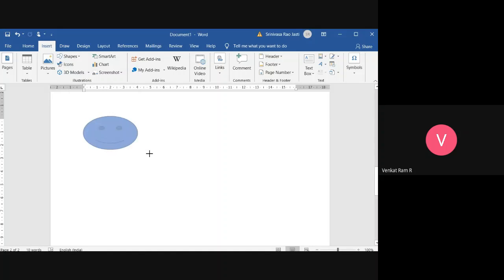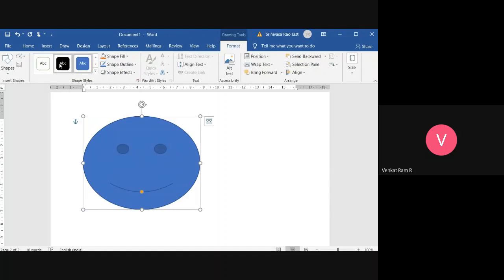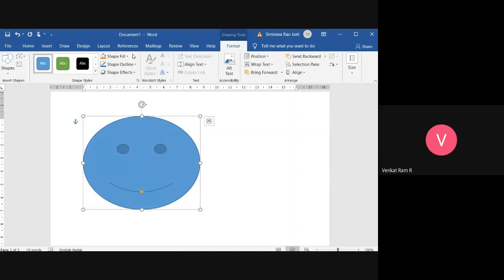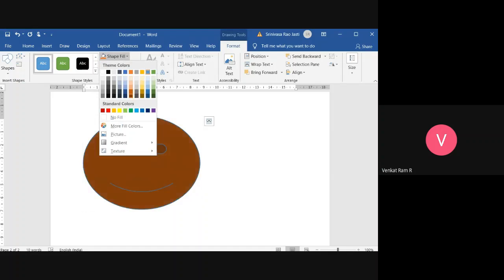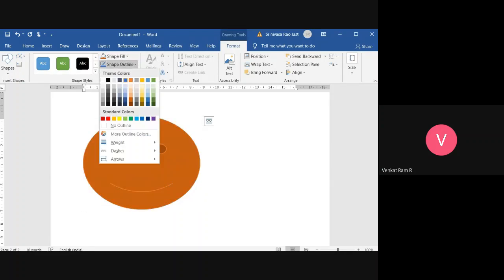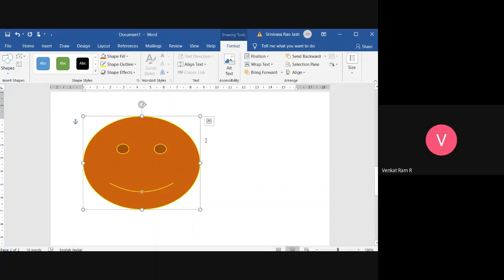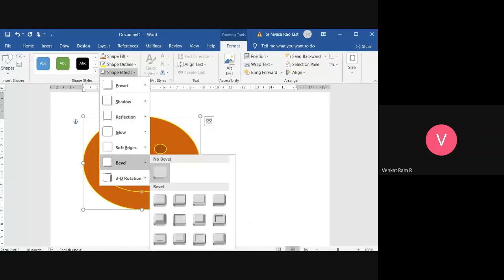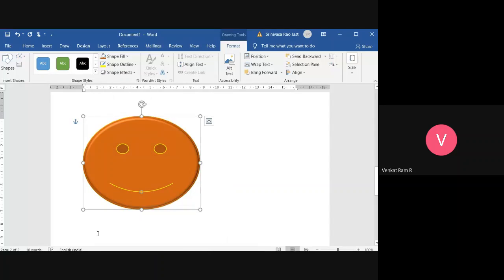And in this format tab, you can change the colors. And outline also you can change, and whatever smileys are inside the pictures, you can give. And 3D effects, you can get the backside. See, how is the picture now?